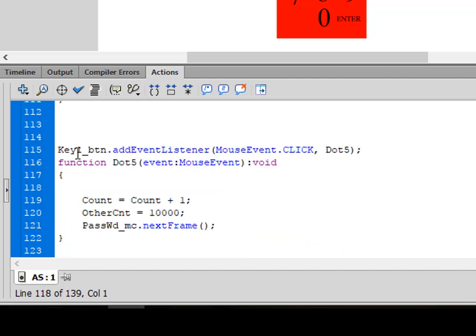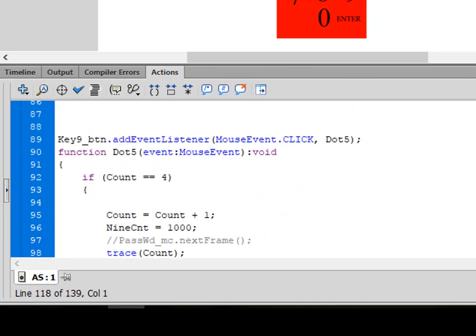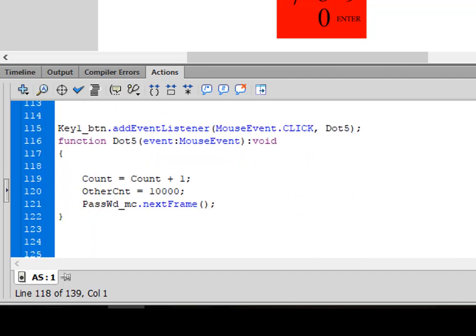Code says key1_btn.addEventListener(MouseEvent.CLICK, f5). I think I already have f5 used, so I might have to change that. Yes, so this will be f6. This will be f6. Close bracket, semicolon. function f6(event:MouseEvent):void